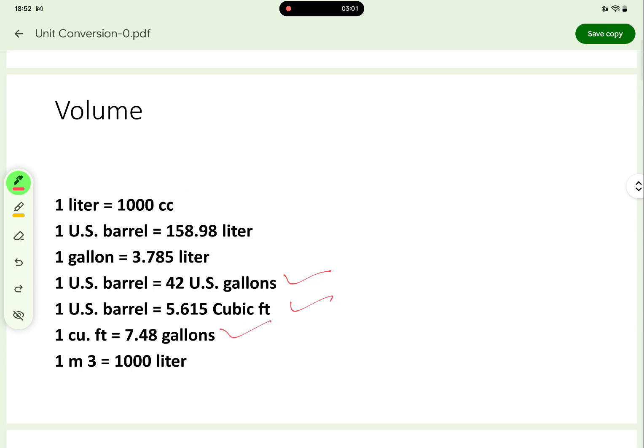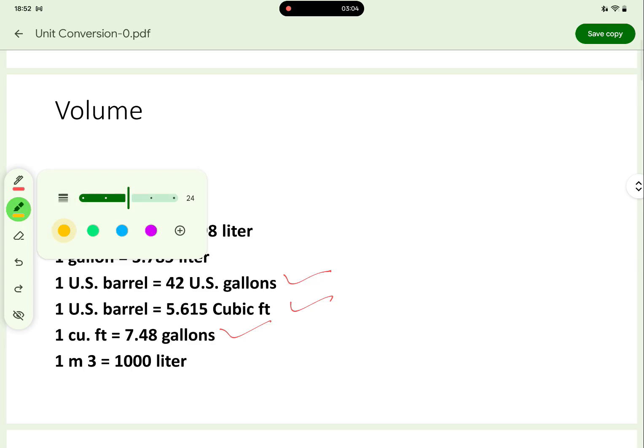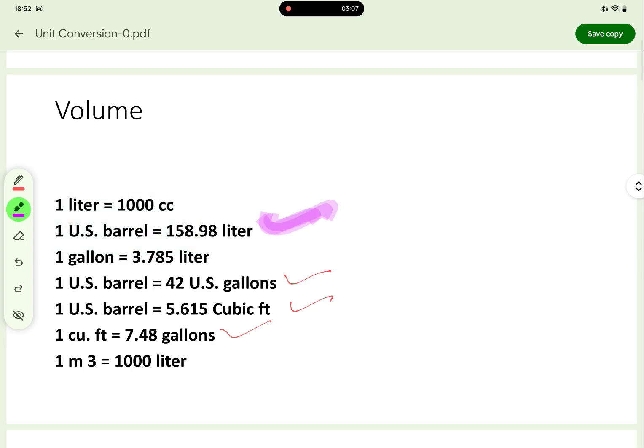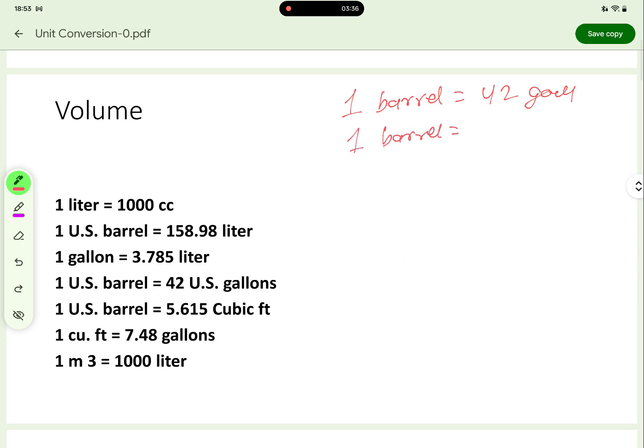What you need to remember in this unit is that 1 barrel, which is US barrel, is equal to 42 gallon, and 1 US barrel is equal to 5.615 feet cube. These two things are there,